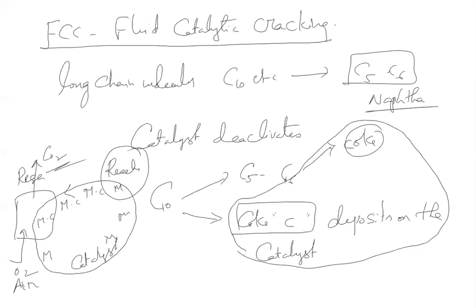So that is the simple FCC, fluid catalytic cracking, where coke is the one which deposits on the surface of the catalyst. What is the catalyst here? Simple zeolites. Zeolite means it is a porous structure. Inside the pores, this coke will go and deposit. So that is what makes the catalyst deactivate. So how do you operate this? With a reactor and regenerator. Maybe I will show you one of the pictures.